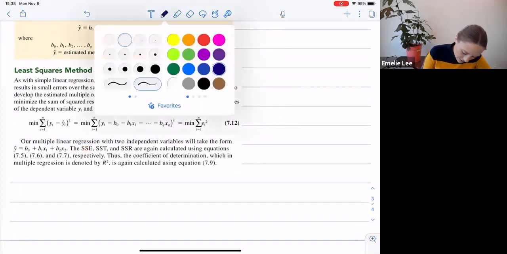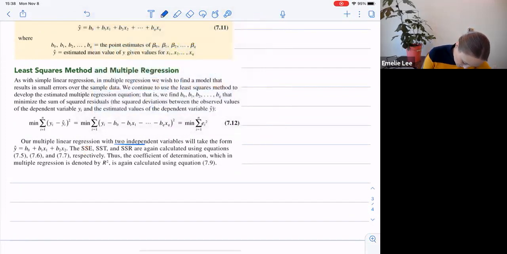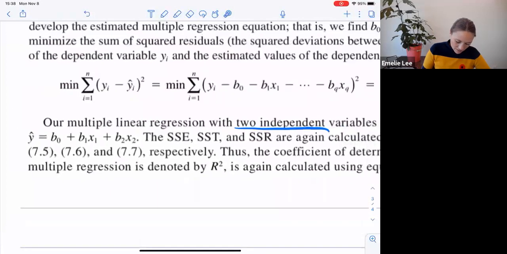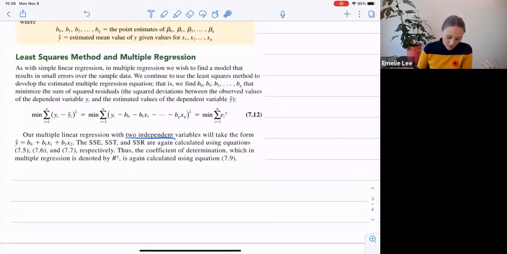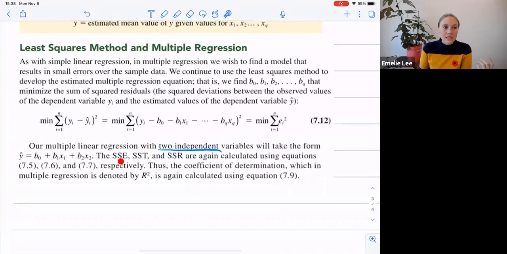And so what we're going to find is that y hat is some intercept plus b1 x1 plus b2 x2. So we have some coefficient on x1 and some coefficient on x2, and we can interpret those once we have some values. But for now, the SSE, the sums of squares of the errors, the total, and the regression,